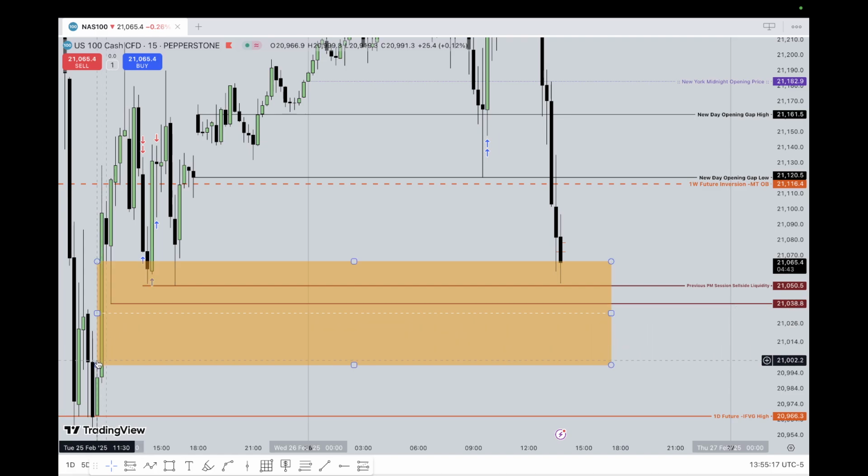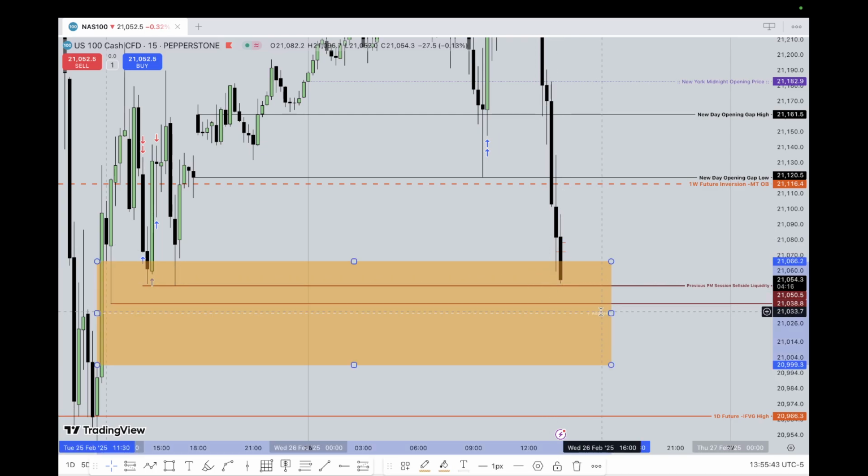And we also have a still inefficient part of a BISI. So this is a normal BISI. We have sell side delivery here. So the only part that is inefficient is this one. Inefficient in sell side delivery, of course. So we should deliver back into it, which also correlates with the consequent encroachment in the lower quadrant of this